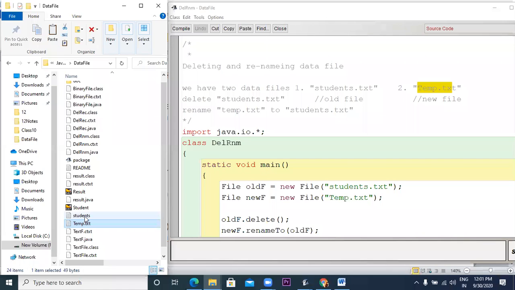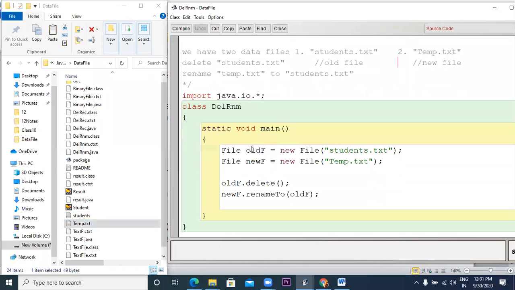In order to rename temp as students, I will first have to delete the students file and then rename this file temp into students. So what I will do, I will create an object for student and will create an object for temp using the File class.